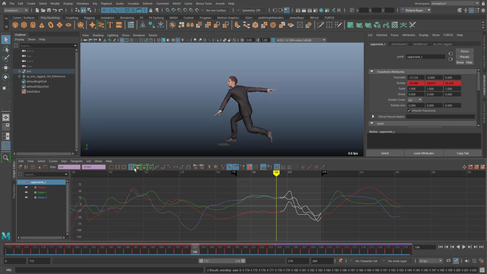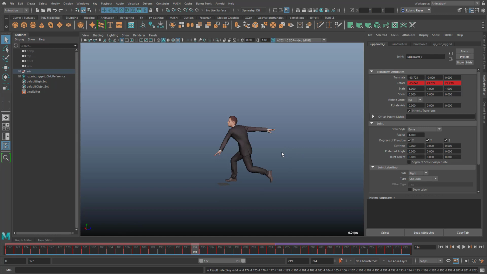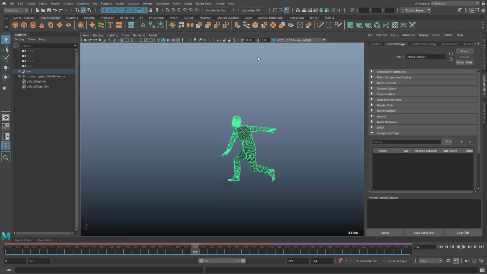There are other new functions like new default tangents. When you create new keyframes, they allow you to set default tangents, so your work becomes much easier. Oh yeah, and last but not least, let me collapse the graph editor again. Last but not least, there is this brand new